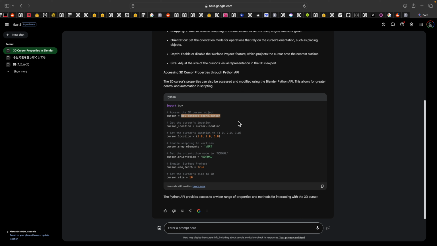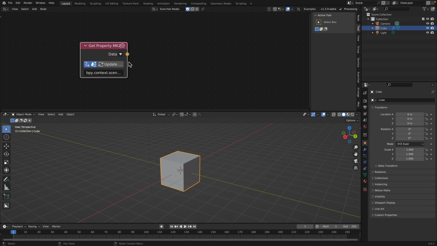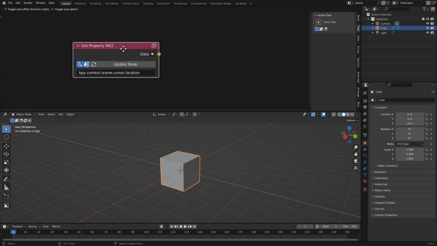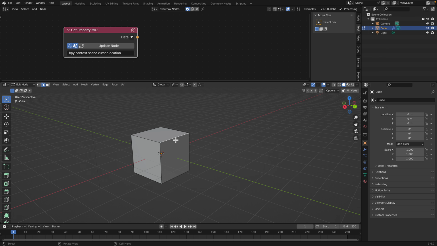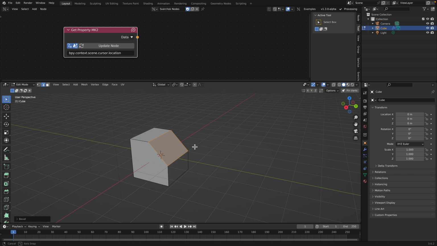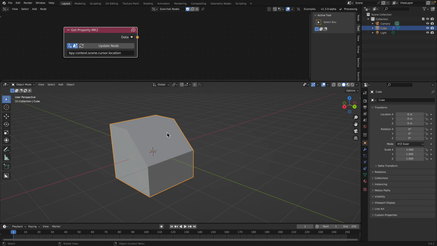Let's say this is how we can get access to the 3D cursor using BPY, and we can get its locations. So with Sverchok we can actually do that pretty easily. This is actually something that geometry nodes have, sort of, but maybe not at the moment. Maybe it's already there, but anyhow. So if we have this box and this is in edit mode, but we want to go back to object mode